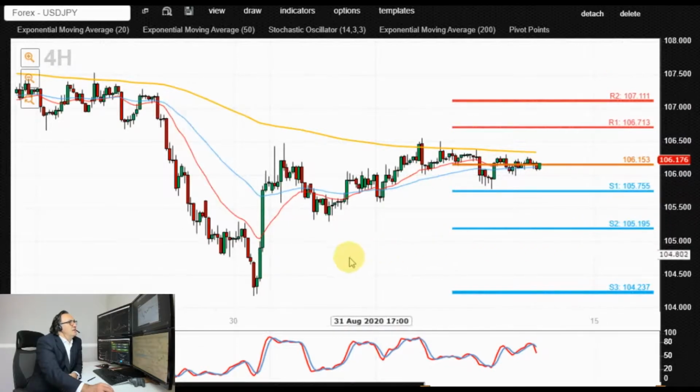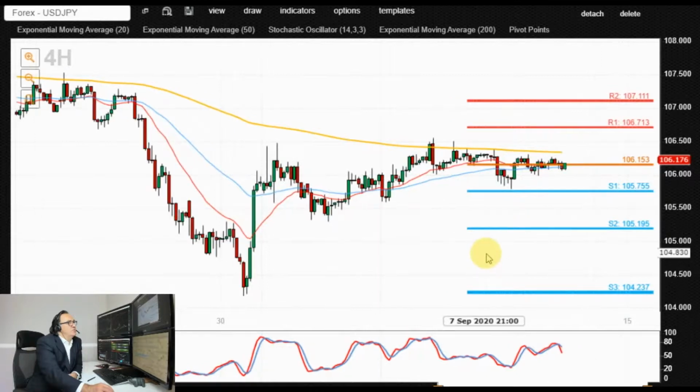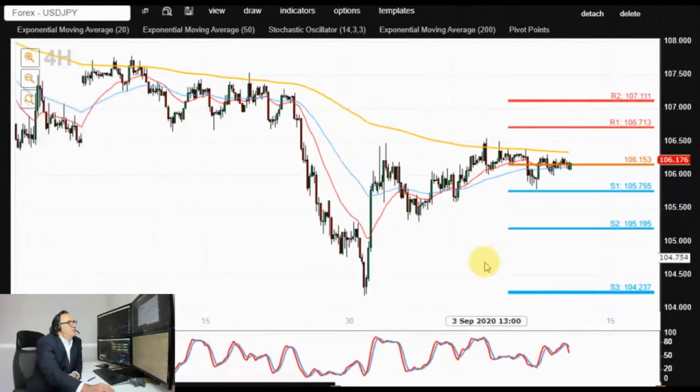Dollar Japanese yen in 4-hourly is just going sideways in something that appears to be a rising wedge formation. So if we connect this sequence of higher lows and we connect this sequence of slightly higher highs, we have a wedge formation or a coiling price action. They have the tendency to break to the downside if they're seen in a clearly defined downtrend. So we have a high, a lower high, so we connect that. There is our trend line.